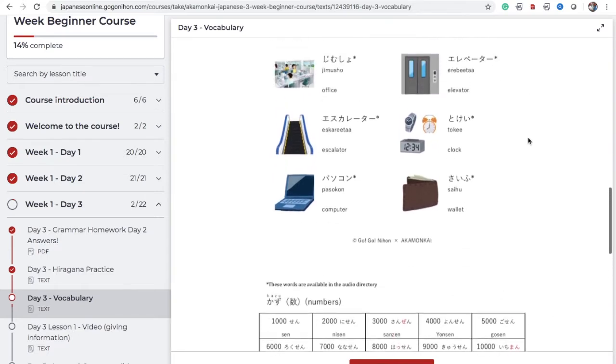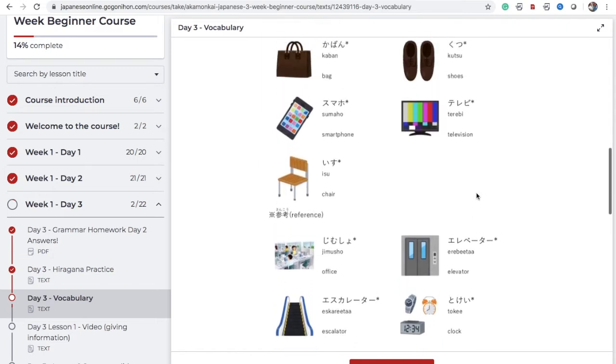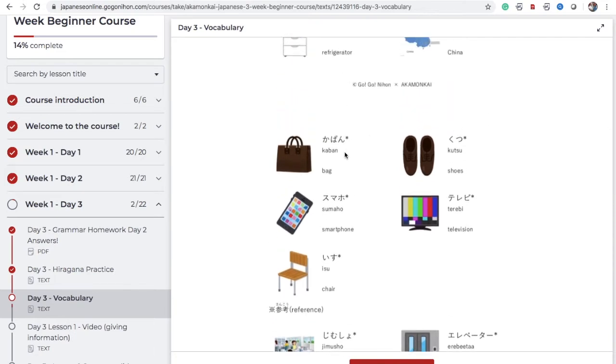Again, a few that I already know. Toke, Saifu, Pasokon, I know these already. Isu, Telebi, Kotsu was a word that I learned like 2 days ago in my app. We got Kaban,